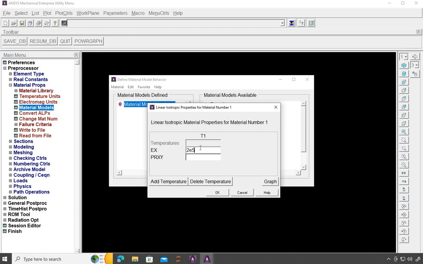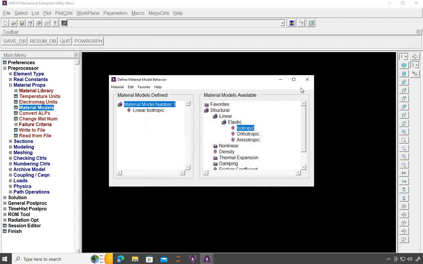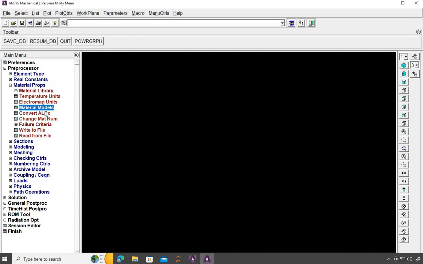I am taking Newton as the unit of force and millimeter as unit of length. And remember, we have to be consistent with the units. Though Poisson's ratio is not required, still we are giving a value of Poisson's ratio, otherwise it will issue a warning. So okay, the material is selected,